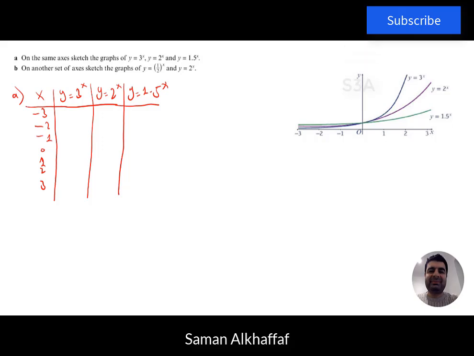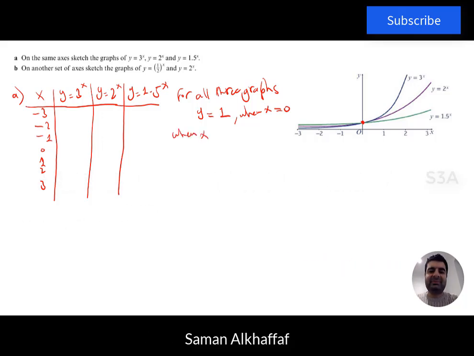So we can see that for all three graphs, y is equal to 1, which is this point here, and this is when x is equal to 0. Now that tells us that when